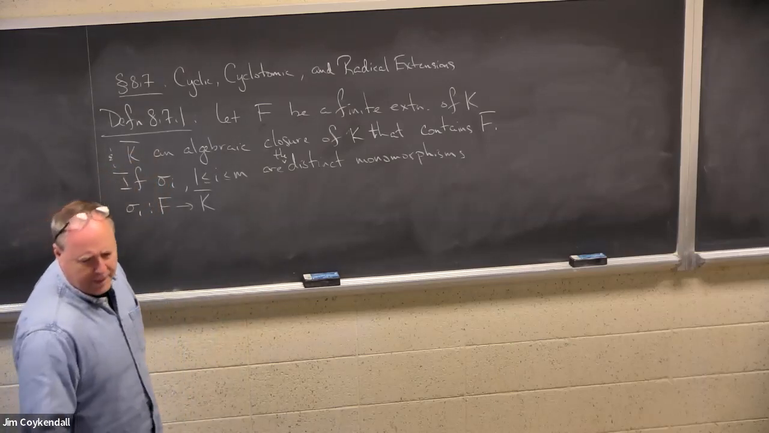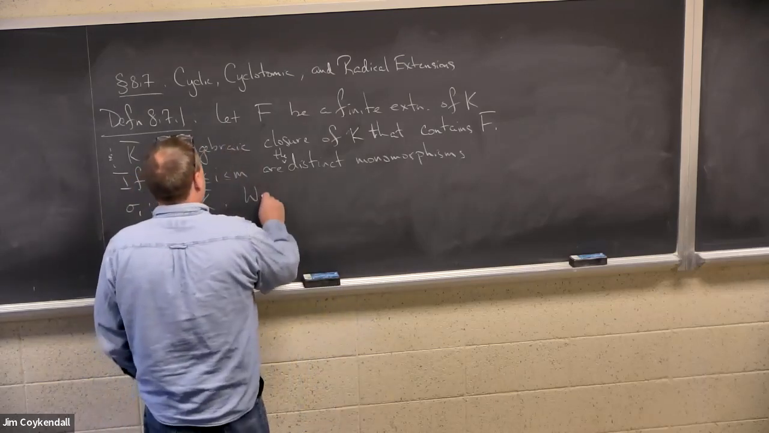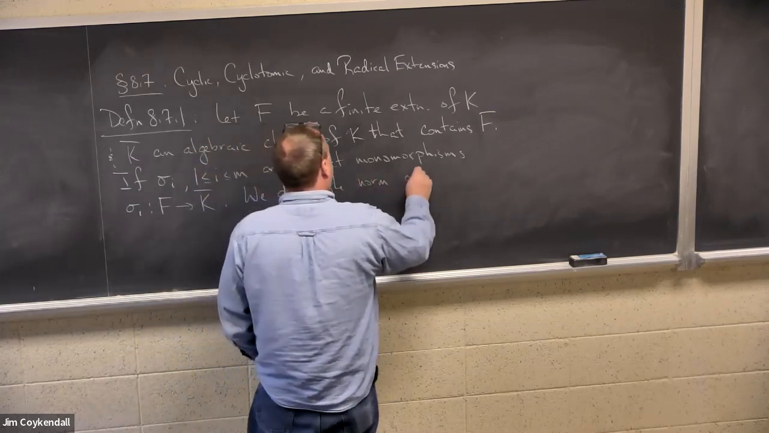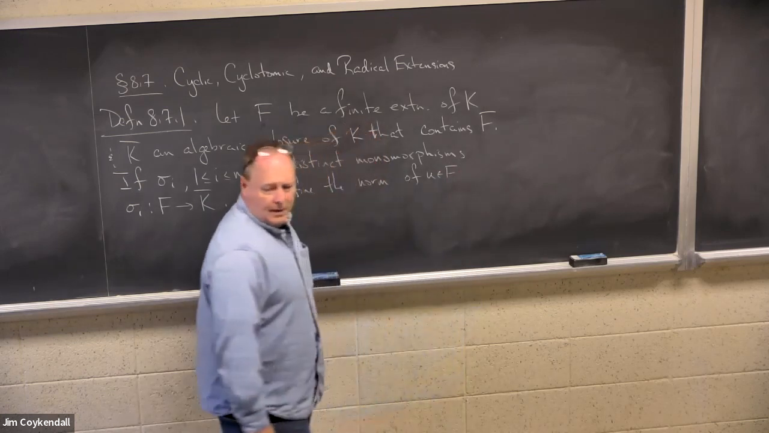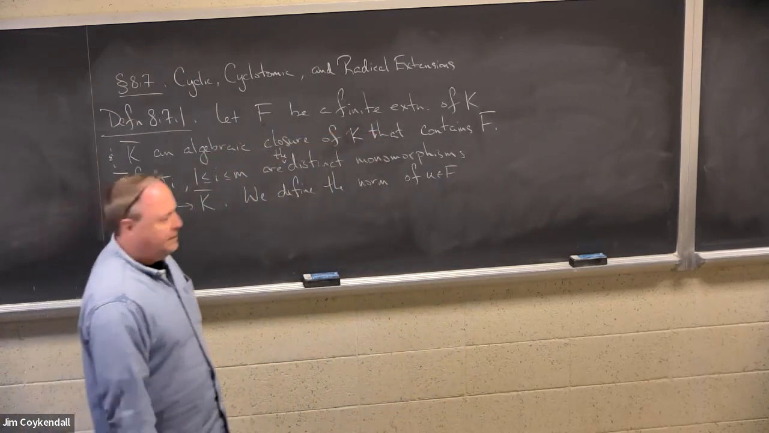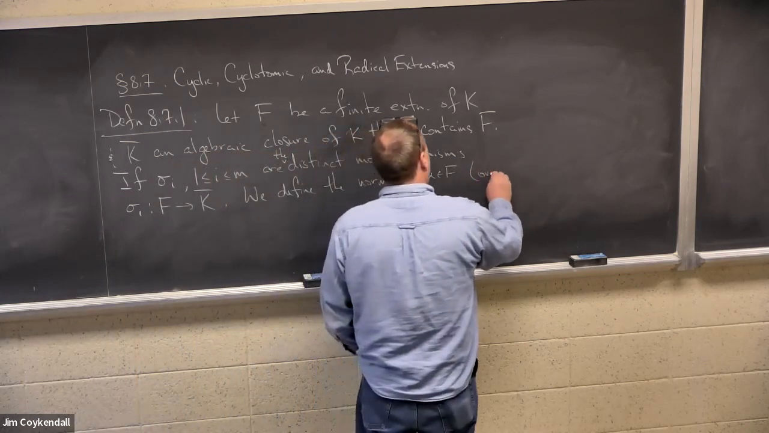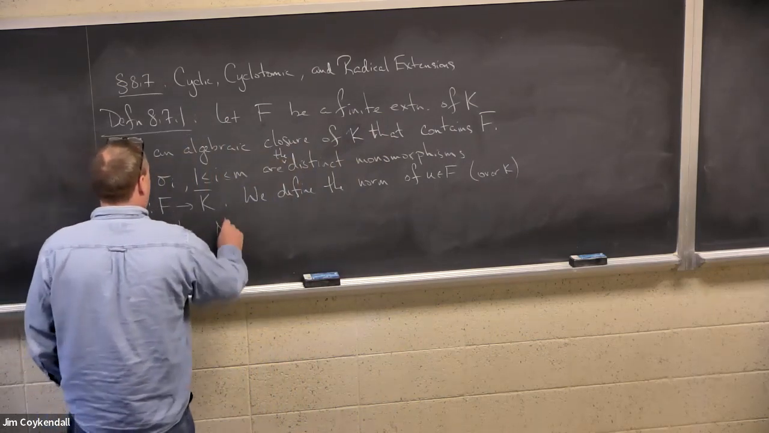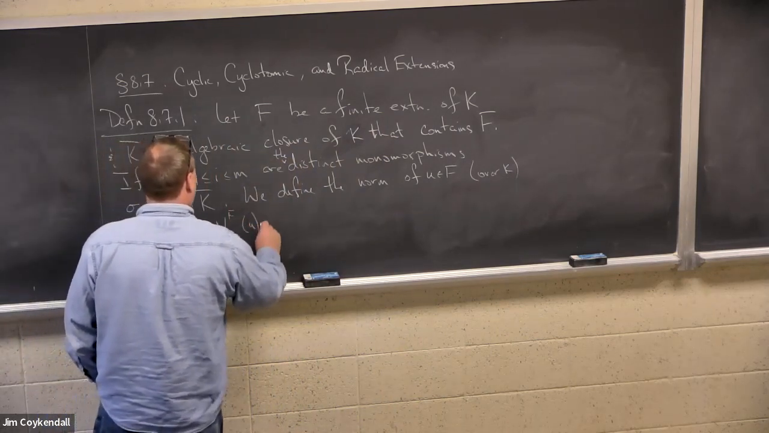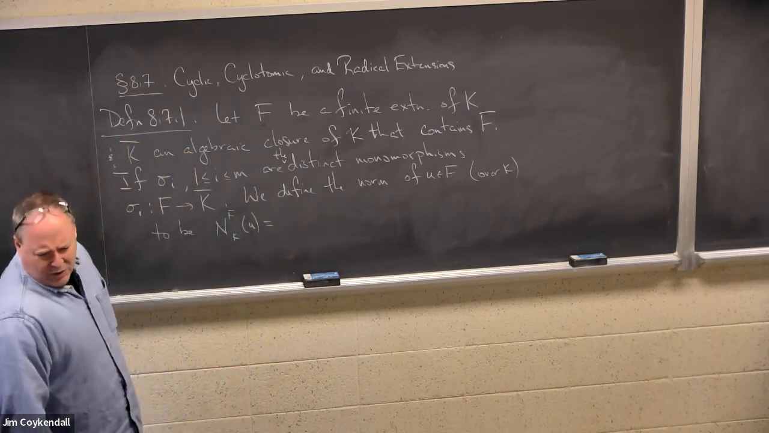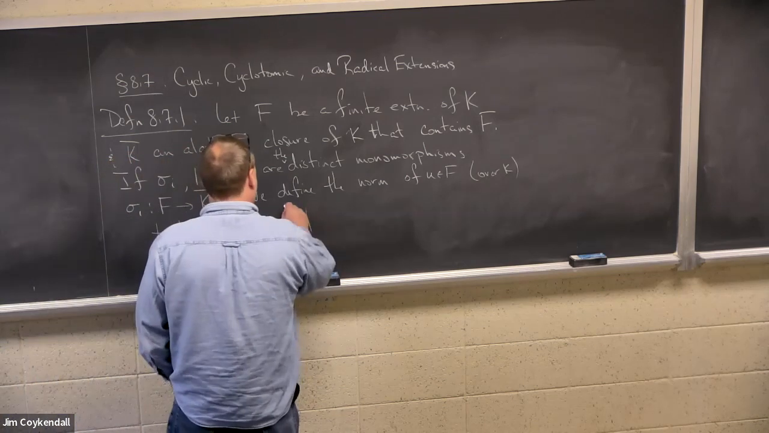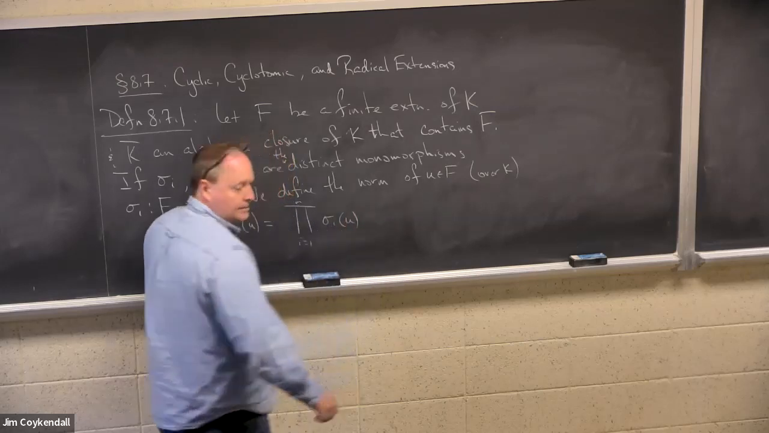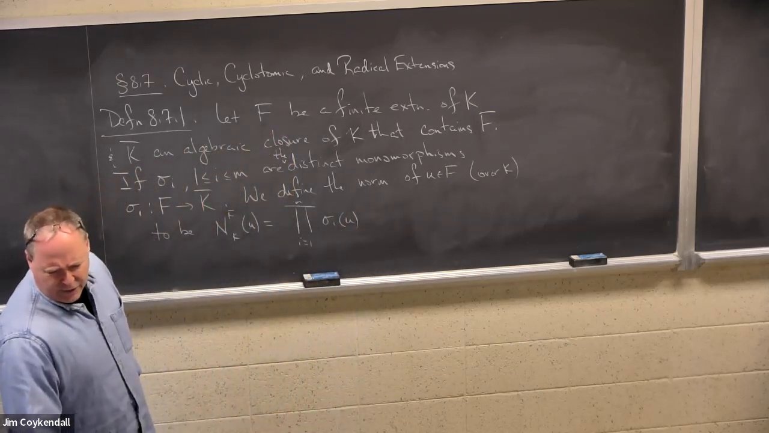We define the norm of u in F over K to be the product of these conjugates. And the trace